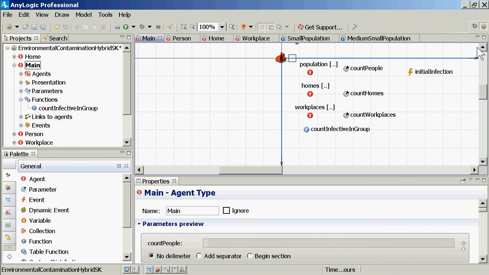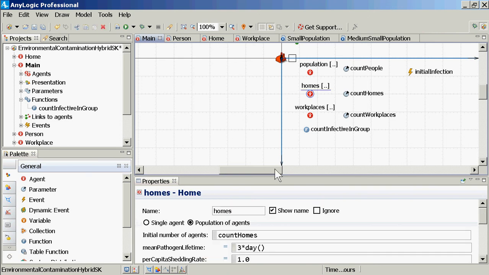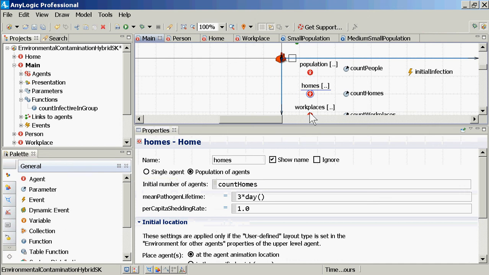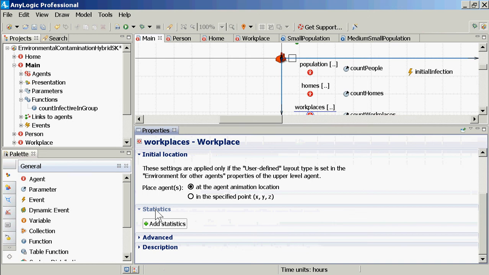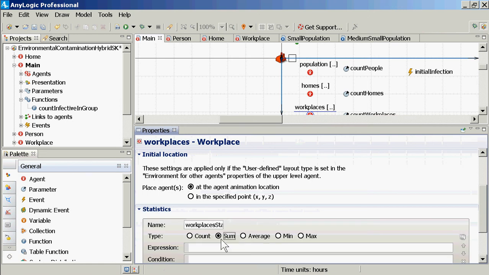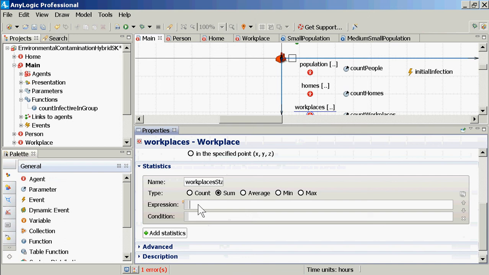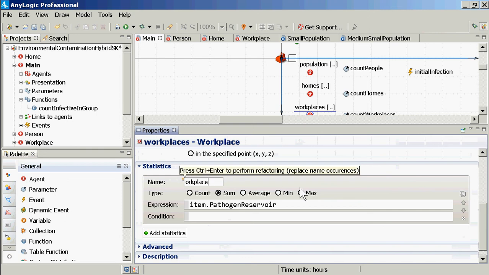Remember, we could associate it with workplaces, and we could define a what? A statistic. We could sum up, right? Across this level, we could sum up the pathogen reservoirs at workplaces, right? Workplace pathogens. We could sum up the, you tell me,